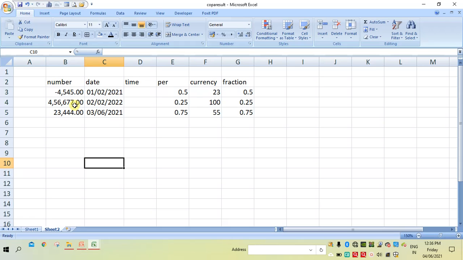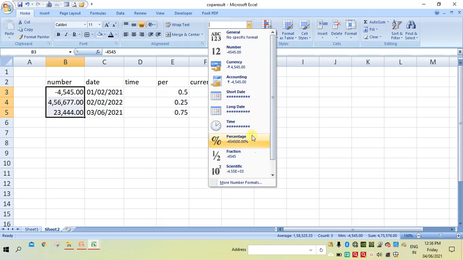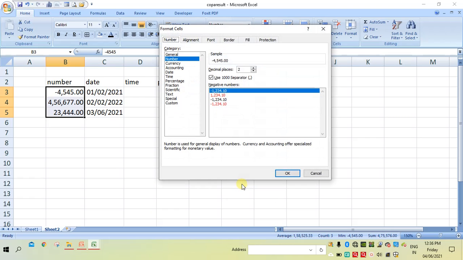Even if you want to show a negative number in another format, for example, I want to show the negative numbers in some color without showing a negative symbol, then select any one of these. For example, if you select this, the negative numbers will be shown in the color format.